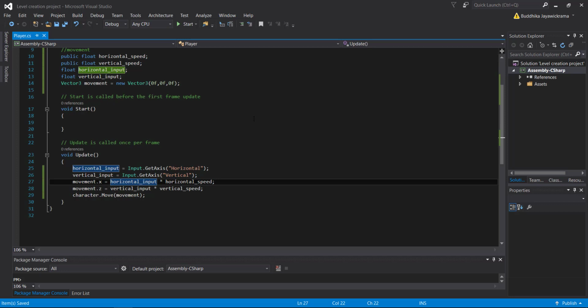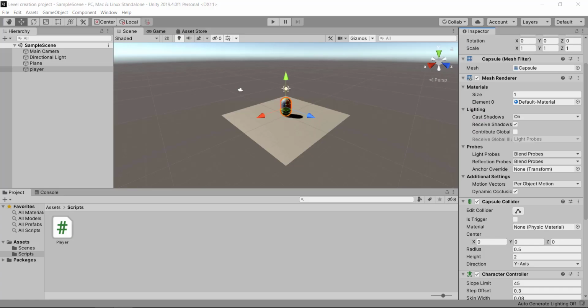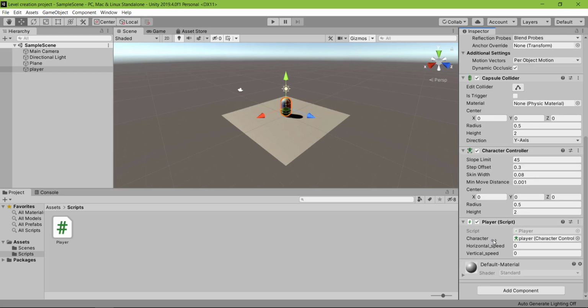Let's go back to the editor and test our outcome. You can see in the inspector in our player script component, we have the public variables generating fields so that we can change our horizontal speed and vertical speed from the editor.